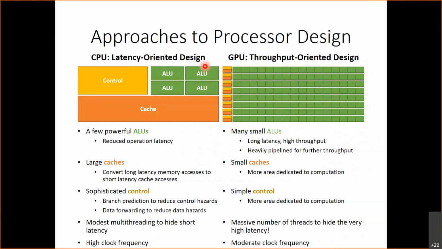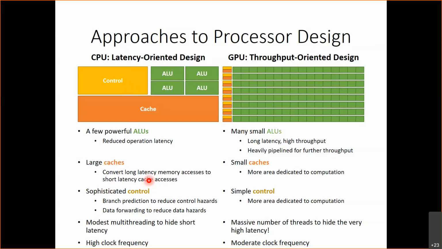And we saw how in latency-oriented design we focus on making one task as fast as possible, and that includes using powerful ALUs, large caches, so that the latency of the memory operations is as fast as possible, so that we have less likelihood of cache misses. Sophisticated control flow so that we can do things like branch prediction and data forwarding to minimize pipeline stalls, and we have a little bit of multi-threading to hide the little bit of latency that's left,